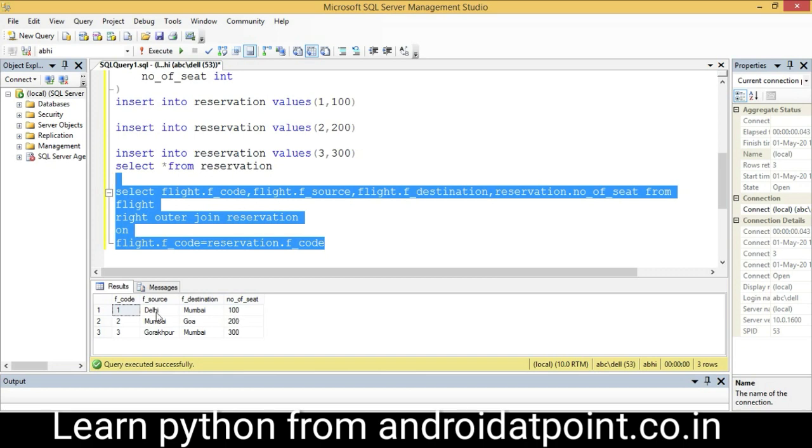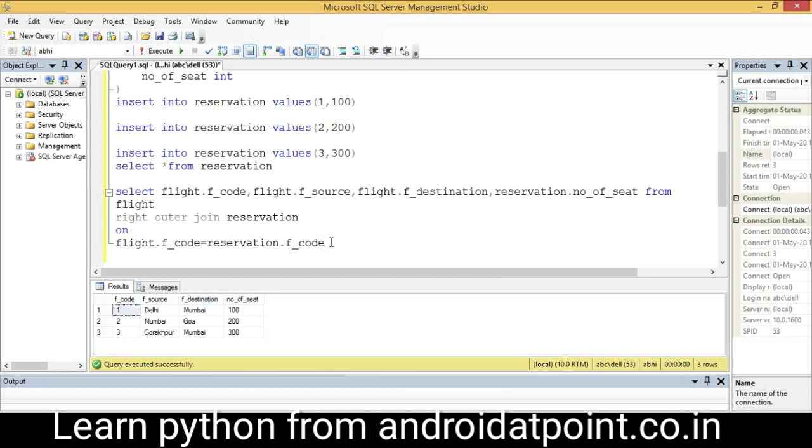All the codes match with the first table, so it displays the matches, and it will not show the 4th flight code because there is no such F code in the reservation.